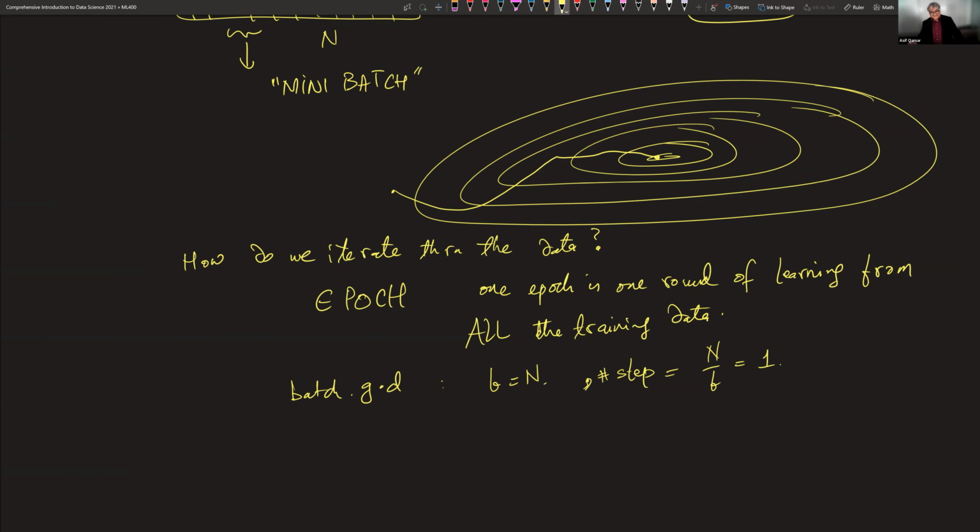So one step in batch gradient descent, one step of learning, is sort of a giant step of learning, is equal to one epoch, isn't it? In stochastic gradient descent,